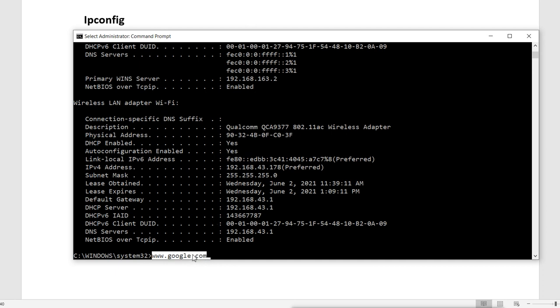It will get the IP address from the cache. So it will save some time, because our machine caches that information. It stores it in the DNS cache.